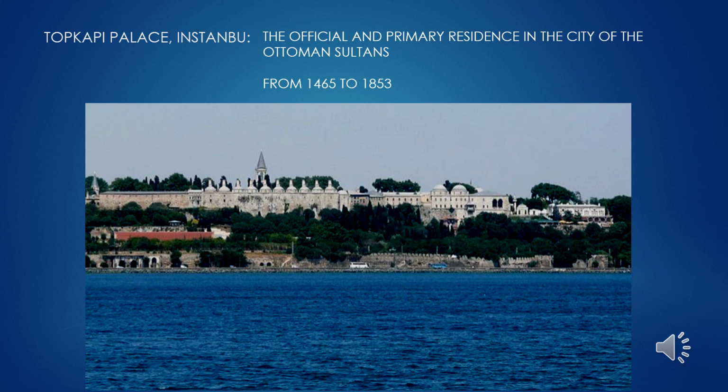Here's the Topkapi Palace that was home to the Ottoman sultans for about 400 years. And it's located on the Golden Horn, which is that inlet off the Bosphorus in Istanbul. And it's now a museum for Muslim holy relics. But again, it was a palace for 400 years, from about 1400 to 1800s. And it's huge. About 4,000 people lived here. So it's got 4 main courtyards. And let's take a closer look.